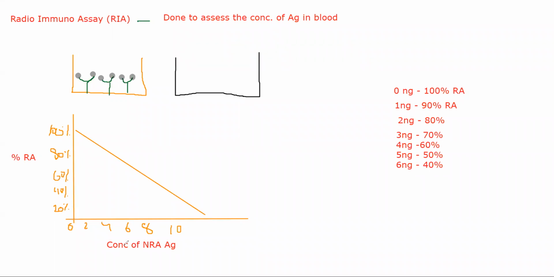Here, when I'm measuring for a specific type of antigen, meaning if someone has flu or someone has tuberculosis or some disease, and I'm trying to measure the amount of antigen that is present in that patient's blood, in the second step, instead of using a non-radioactive antigen sample, I will use that type of blood. Basically, I will use my sample here. This sample will have the blood or that sera. यहाँ पर ये pour कर दो, instead of using non-radioactive antigens.